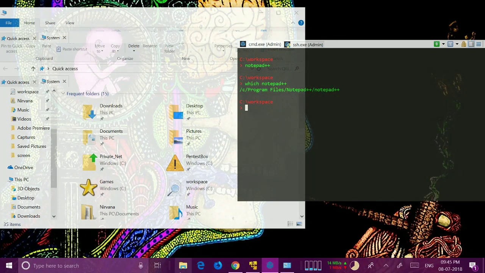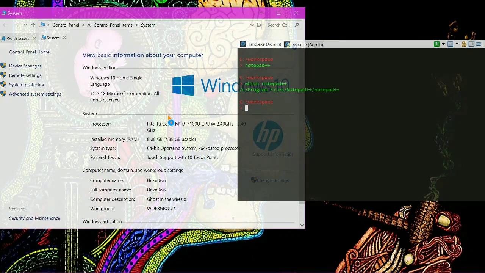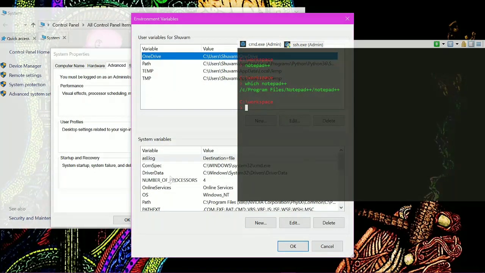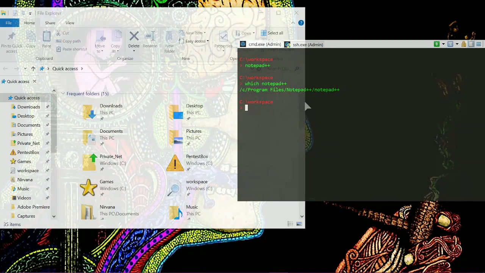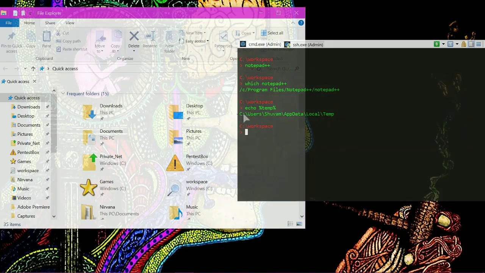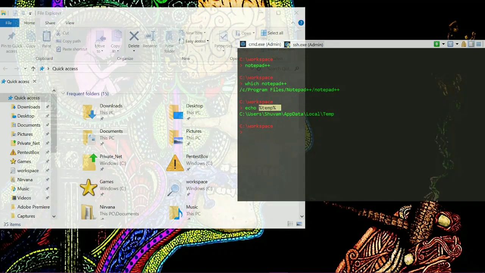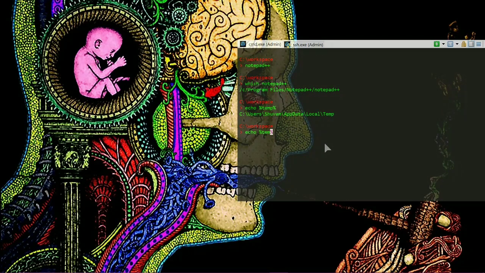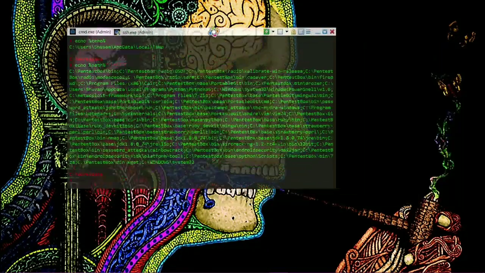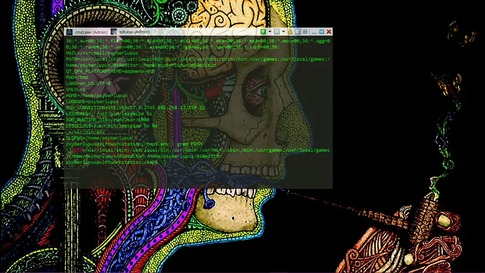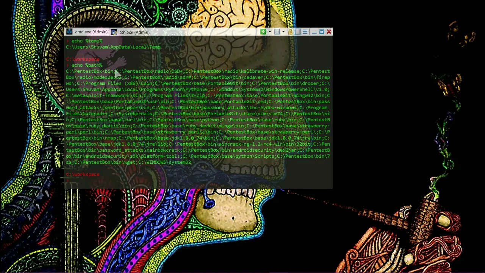But if you want a particular environment variable to be shown to you, just the way you have seen in Windows, like these are all the system variables, but if you want a particular variable shown, you would do something like this: echo percent temp percent. This will tell you the temporary directory, since temp is also a variable. Now I can do the same with path, and here is the entire path of my Windows system. So these are important command line tricks and concepts that you should know about before